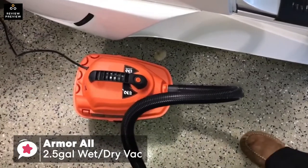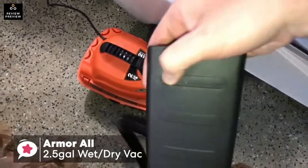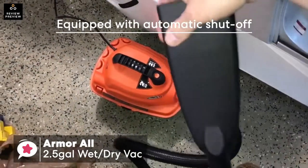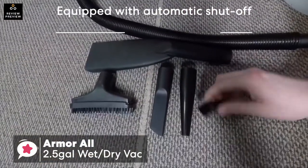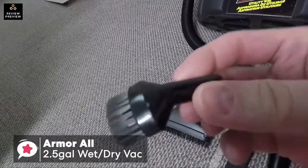Additionally, the Armor All 2.5-gallon is equipped with a 2-horsepower peak motor, and this vac features an easy conversion to use it as a blower along with an automatic shutoff to prevent overflow, which is a nice feature. You also get a crevice tool, a brush, a car nozzle, detail accessories, and blower accessories all in the box,